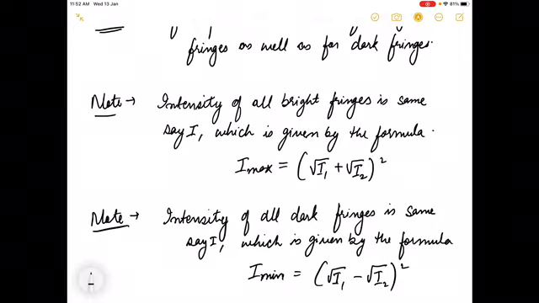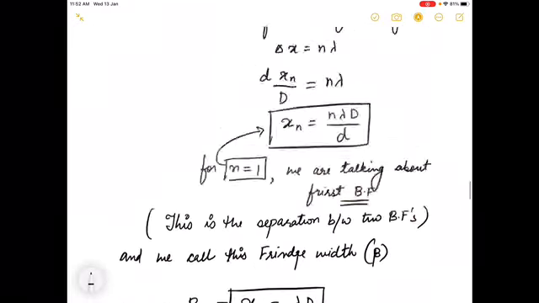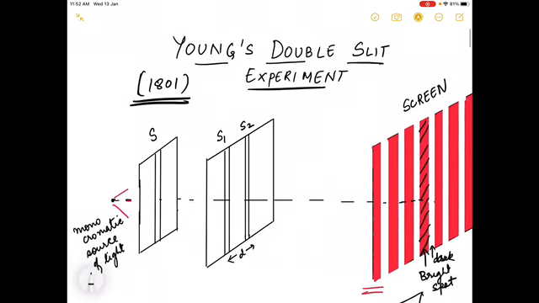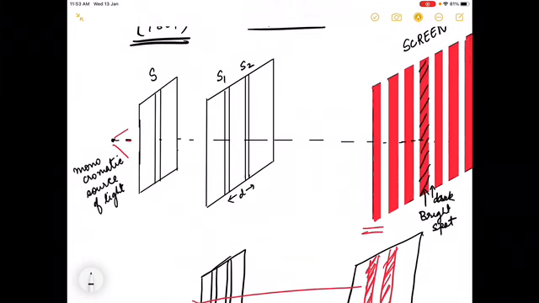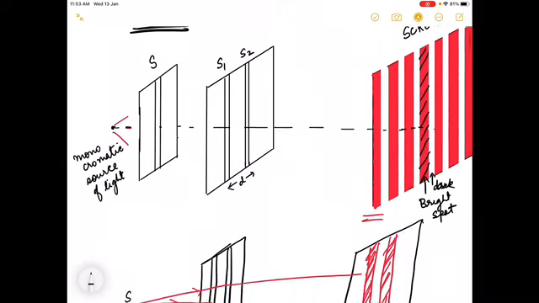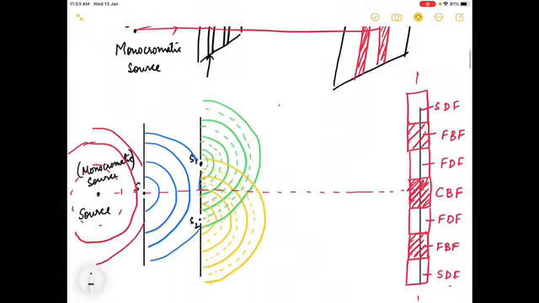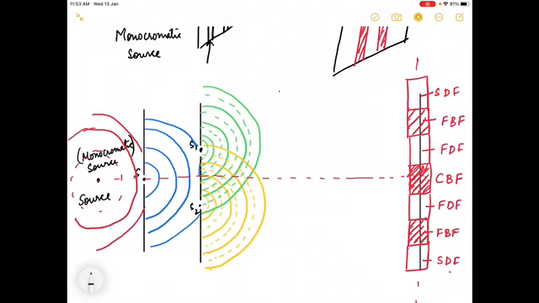So basically I hope the full video is understandable, right? Let me just go back and do a quick revision of what we did today. We talked about Young's double slit experiment. This was the revolutionizing experiment in the field of modern physics, right? We took a monochromatic source of light, passed it through a very thin slit, and we saw these alternate dark and bright fringes, which was very strange. So this explained that light does not have particle nature, but has wave nature, which was very important to explain this fringe phenomenon, right?